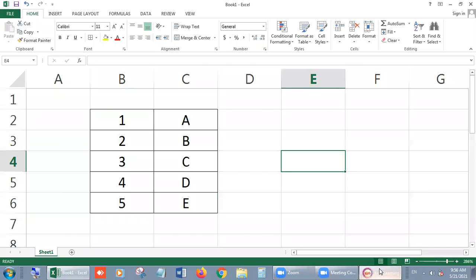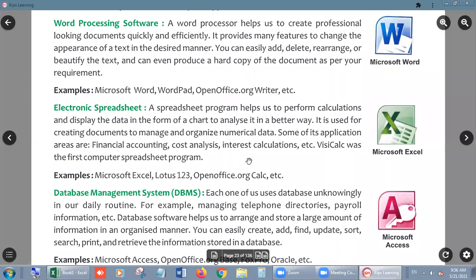In the same way we are explaining in this lesson, a spreadsheet program helps us to perform calculations and display the data in the form of a chart to analyze it in a better way. Means with the help of this chart, we can understand everything in an easier and better way. It is used for creating documents to manage and organize numerical data.